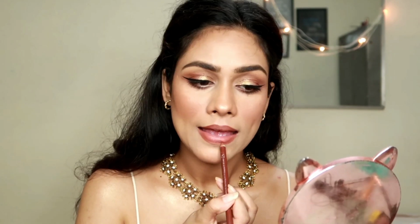For lips, I'm taking this Wet n Wild lip liner in the shade Chestnut. So firstly, I'm just gonna line my lips using this lip liner. This is a beautiful shade, and I just absolutely love this lip liner, you guys, so much. So I'm just gonna line my lips, and I'm just gonna lightly fill in my lips as well. So firstly, I'm just lining and then just spreading it lightly all over my lips,